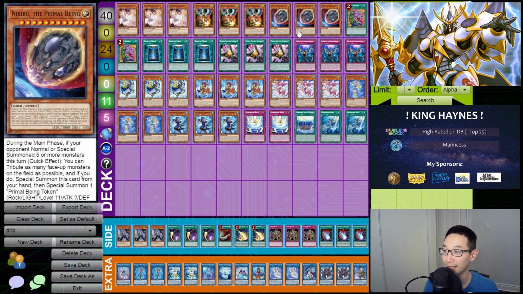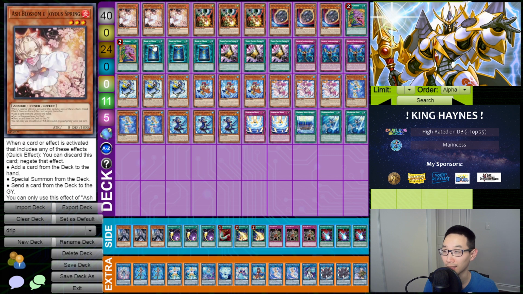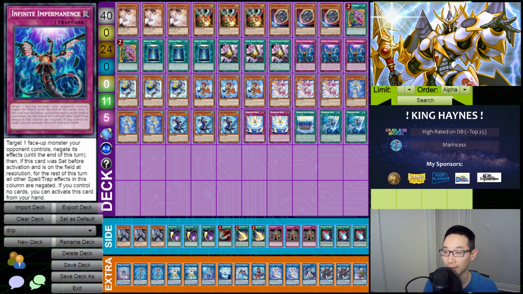three Droll, three Nib, double Desire, three Book of Moon, three Talents, and three Imperm. Those are kind of like your generic staple cards, I guess. Anything you would change, or how are these ratios working out? Maybe if I was at an event and not playing Dueling Book,